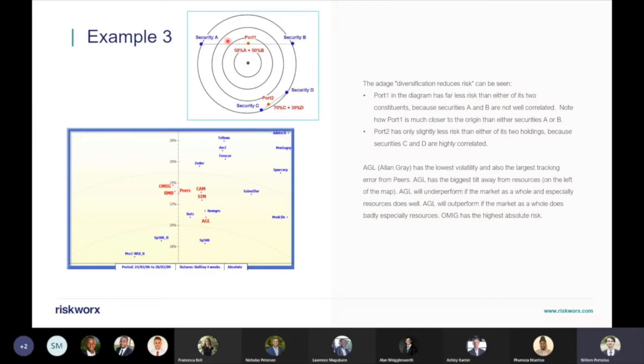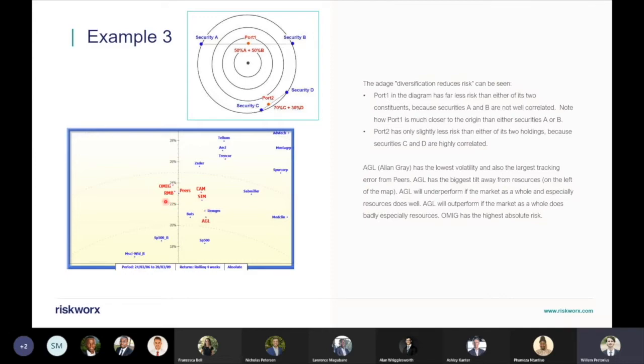So also note how port 1 is much closer to the origin than either the securities A or B. Okay. So port 2 has only slightly less risk than either of its two holdings because security C and D are highly correlated. So in the BIMAP here, AGL has the lowest volatility and also